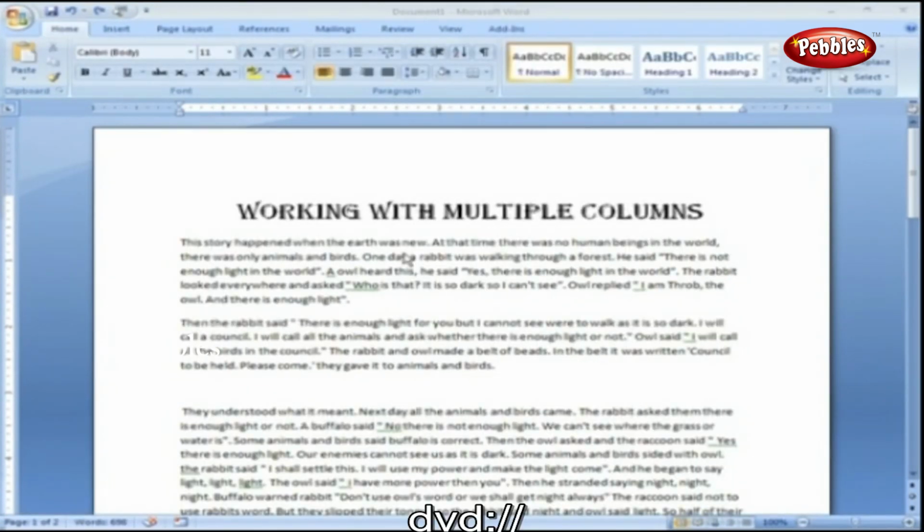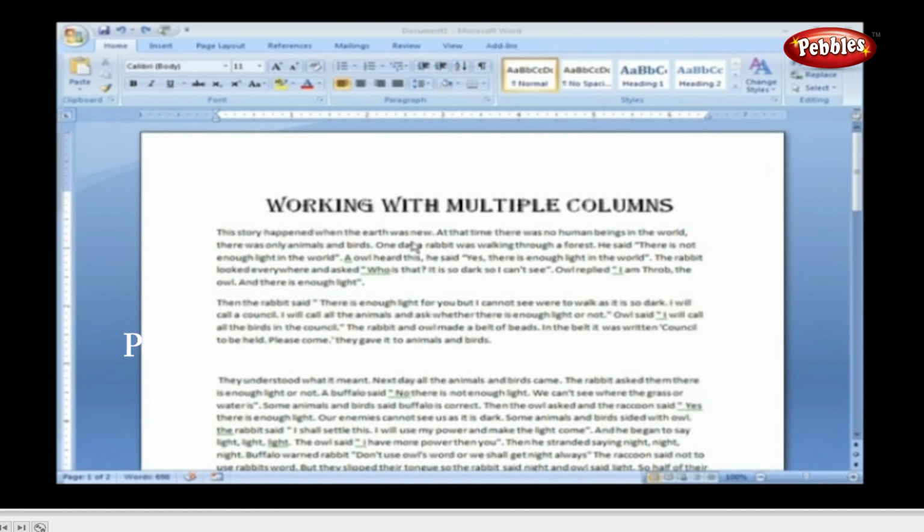Working with multiple columns. Word makes it easy to work with columns. For example, it's like newspaper style. Instead of using tabs or spaces to separate the column one line at a time, Word